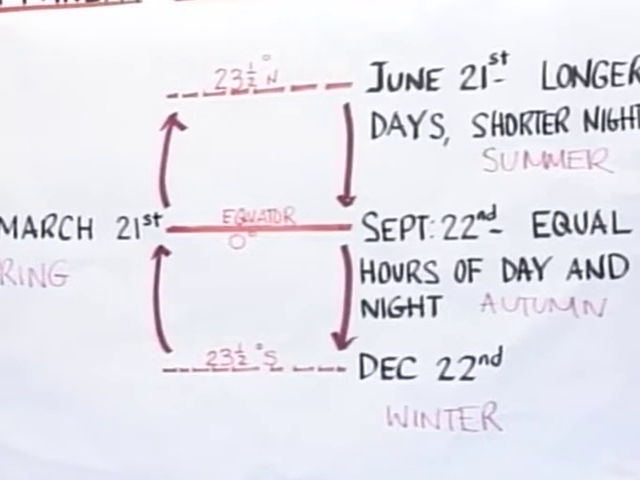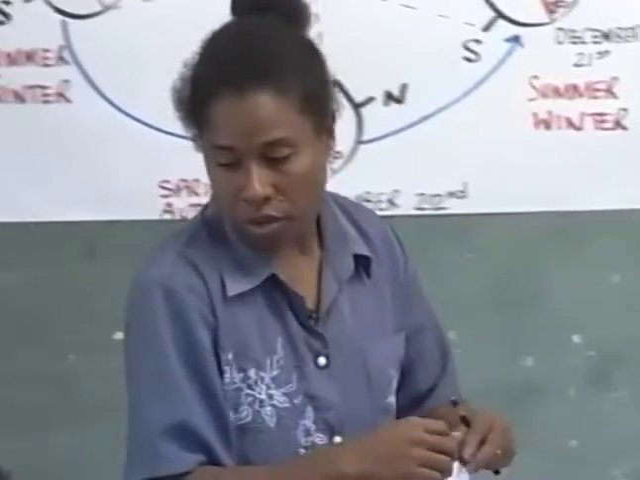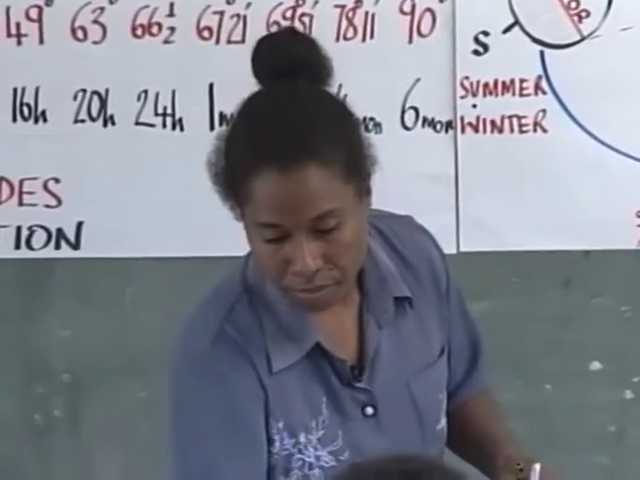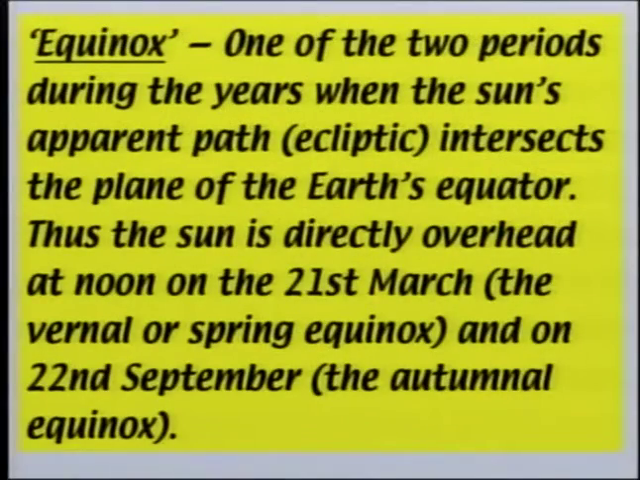Okay, so looking at the definitions now to those 2 words, and perhaps you might want to make note also of those definitions. Equinox, first of all, from the information on the monitor: one of the 2 periods during the year when the sun's apparent path intersects the plane of the Earth's equator. Thus, the sun is directly overhead at noon on the 21st of March, which is the vernal or the spring equinox, and on 22nd of September, which is the autumnal